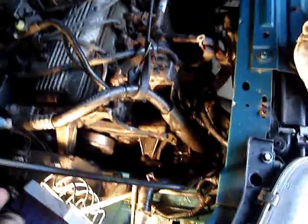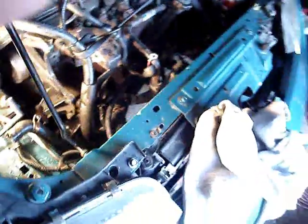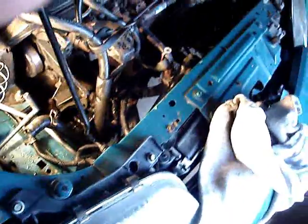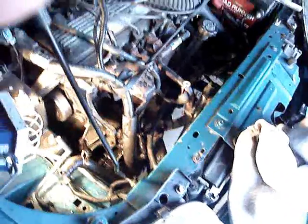But I'm pretty sure the thermostat was sticking, because the radiator was cold and the engine was hot. The lower radiator hose coming from the thermostat was cold. The upper radiator one was hot, and I had a stuck thermostat. And just before I got home, it started leaking, but I think it built up enough pressure that it blew the gasket out of the water pump because it wasn't tight in the first place, which is still